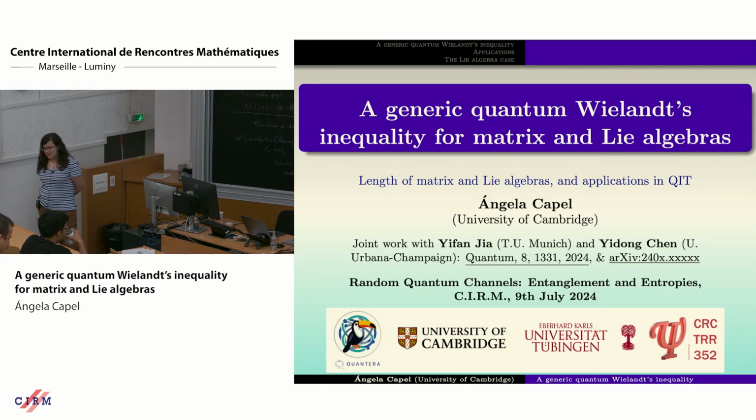And after that, we continued discussing for a while, and we also continued discussing with another PhD student, Yidong Chen from the University of Illinois, Urbana-Champaign. And now we have some new results related to the Lie algebra setting, which I hope will appear on arXiv soonish. This is why I write the 24.0, and then we will see the rest of the reference. And you see that I'm optimistic. I hope that they will appear at most in September. This is why I keep the 0 there, so we will see what happens.